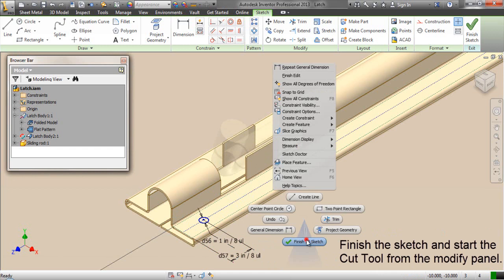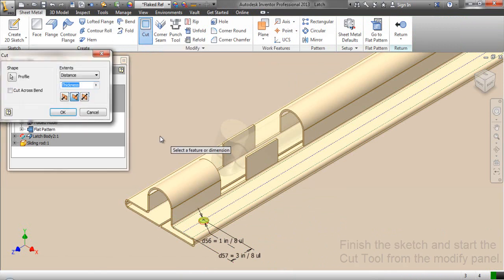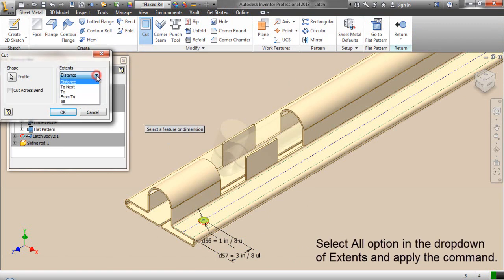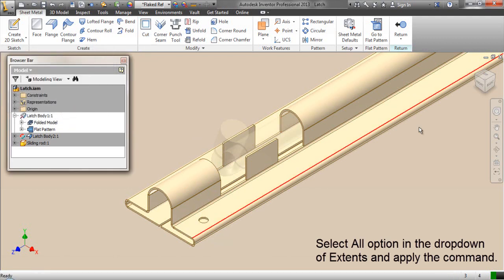Finish the sketch and start the cut tool from the modify panel. Select all options in the drop down of extents and apply the command.